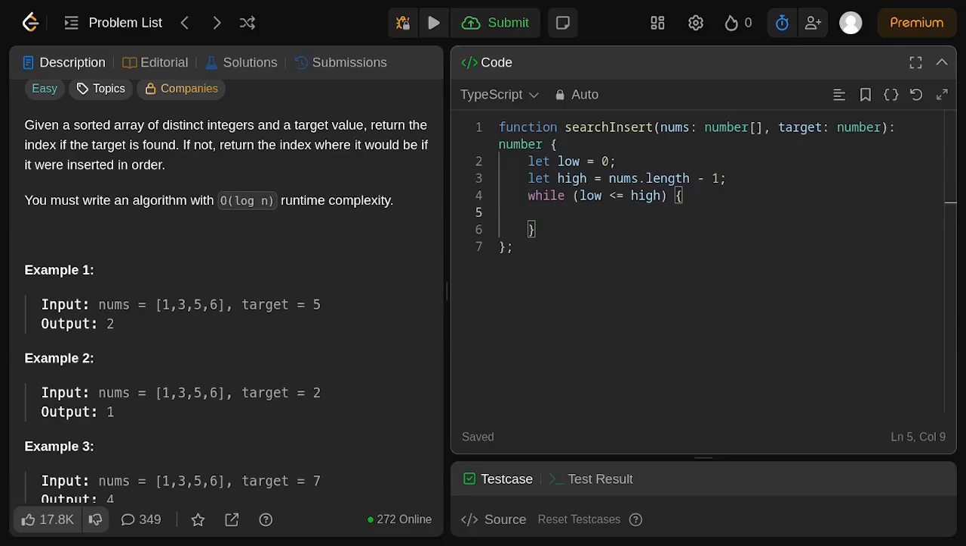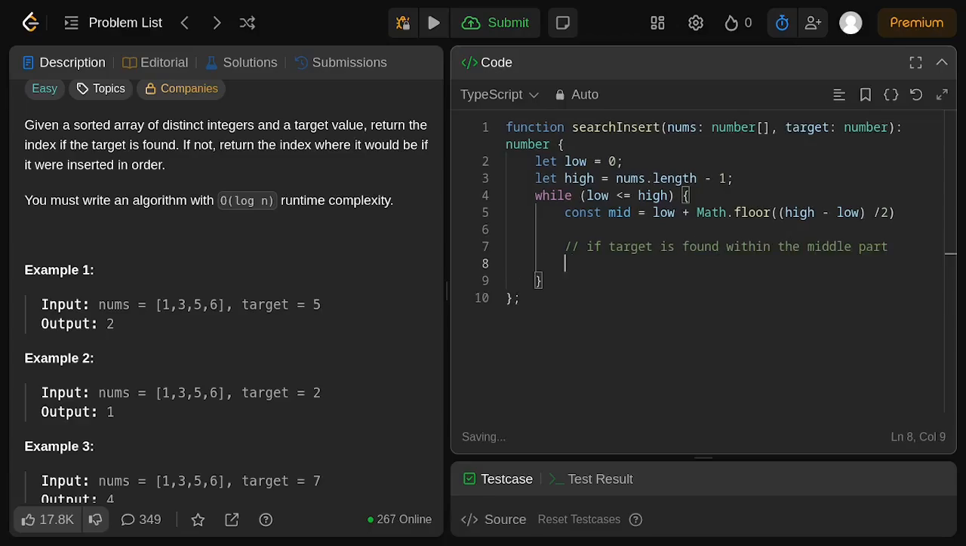If it is, then of course we are going to declare a middle variable, const middle, that takes the low plus, using Math.floor, inside the Math.floor parameter, we can insert high minus low and divide it by 2. And for the next one, we can add a check if the target is found within the middle part. If the target strictly equals the middle part of the nums array, then of course we are going to return the middle part as the index we return from the